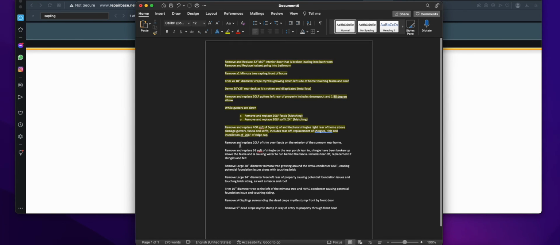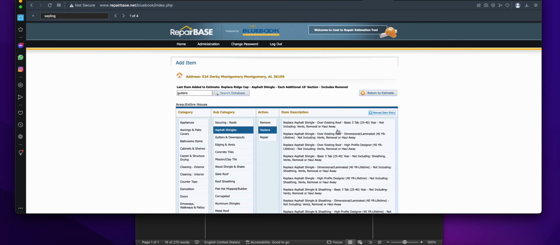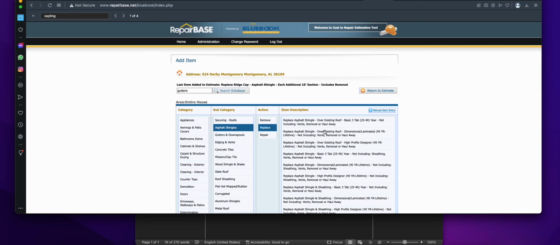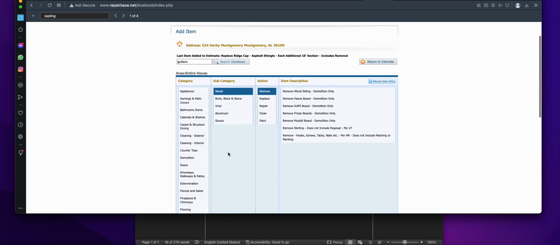Remove and replace 20 linear foot of trim over fascia on the exterior sunroom, rear room. So I don't believe there's a line item for the trim, so I think we're just gonna do remove and replace the fascia, and then we'll only remove and replace the trim. That's the way that I've done it in the past because there's not a line item and I've never had any issues with it. So we'll go back to fascia